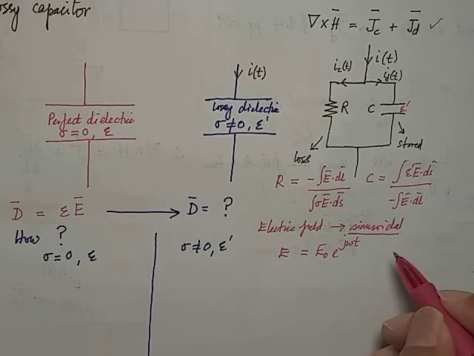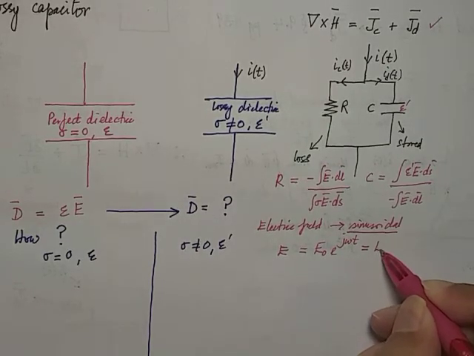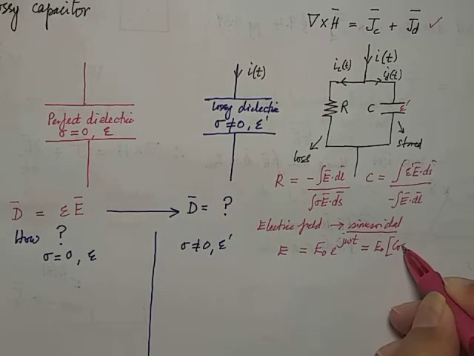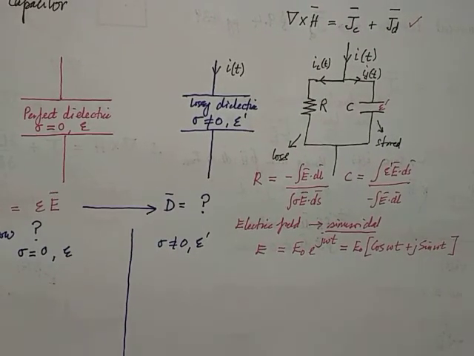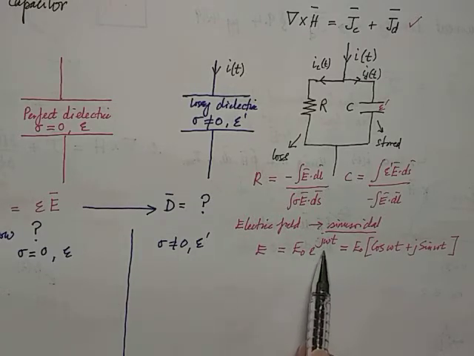And by using Euler model, this is actually known as E naught cos omega t plus j sine omega t. Agreed? Okay, so that should be our first thing that needs to be clarified, because when we model electric field, it is always sinusoidal. When we model magnetic field, also going to be sinusoidal. So when you have the term sinusoidal, that condition can be represented mathematically using the exponential j omega t. Why? Because that actually has the cos term as well as the sine term,